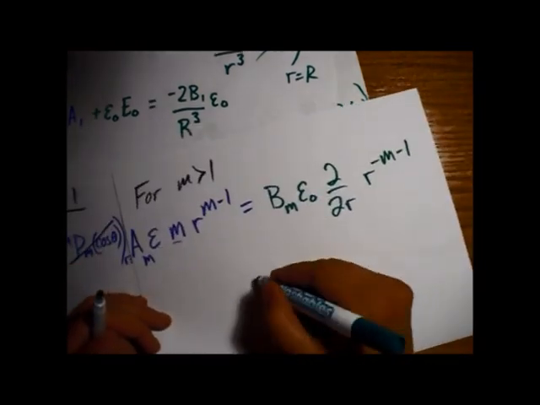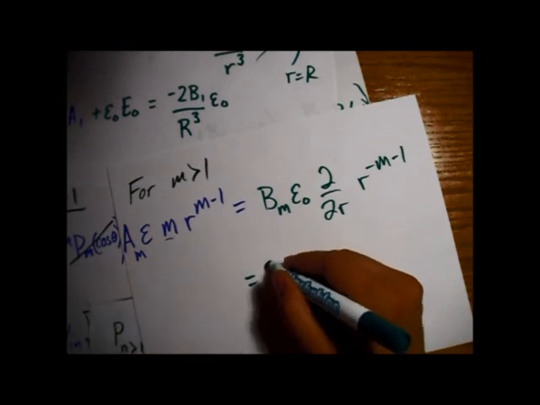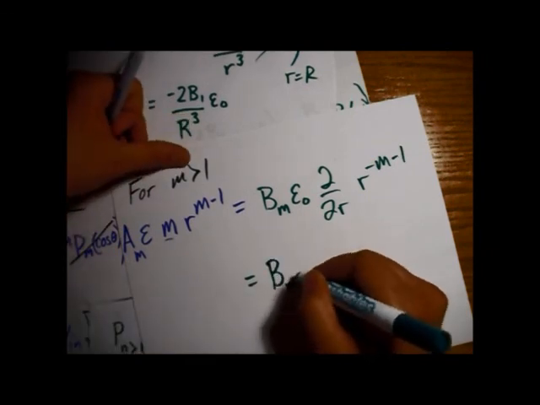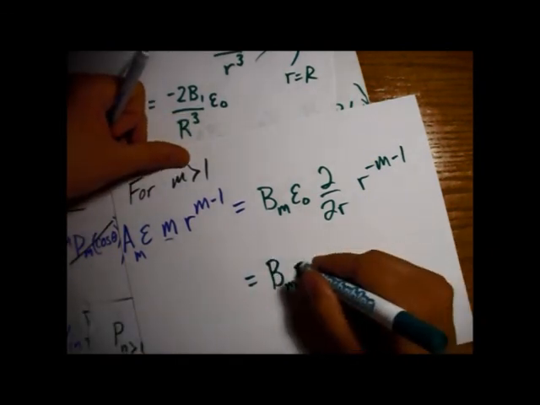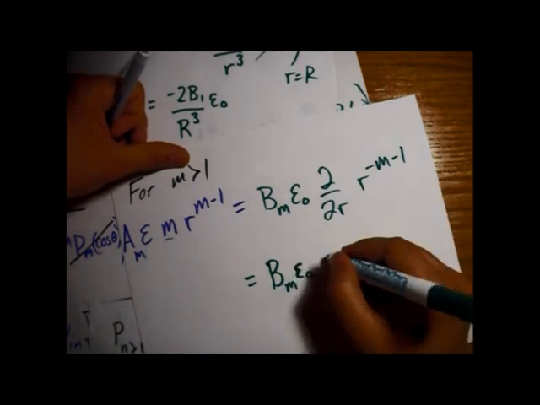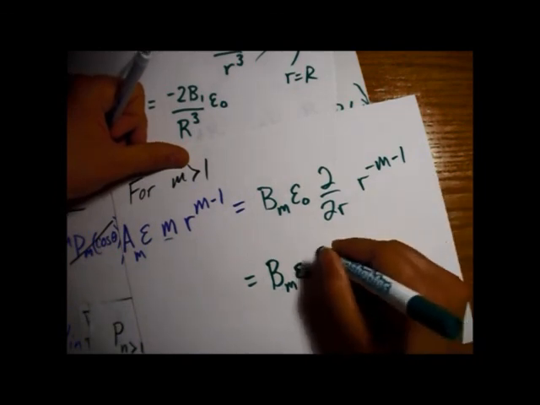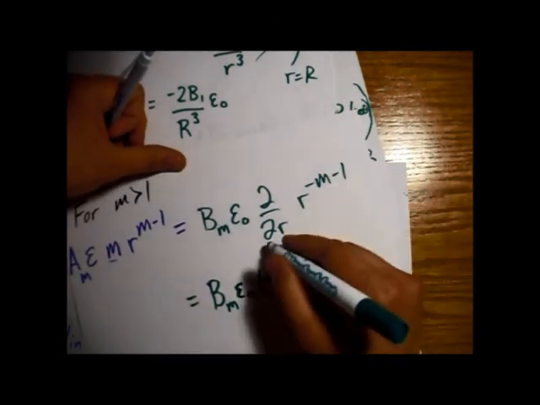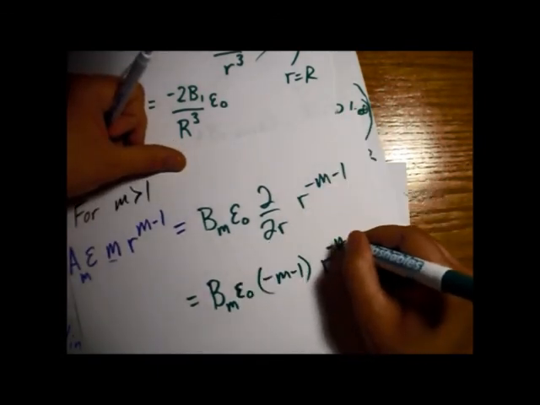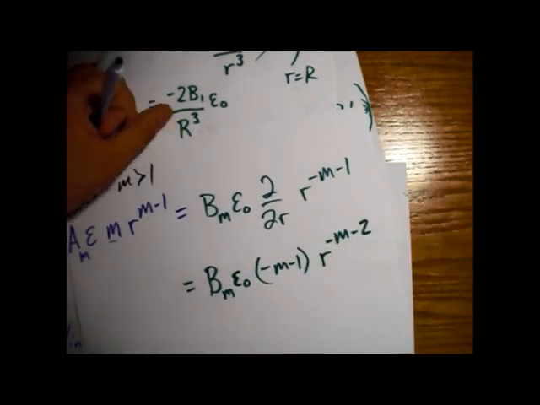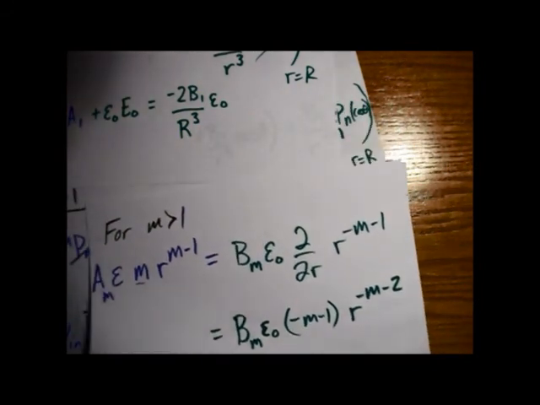Okay, so I just think this makes it more clear when we talk about the derivative. Here's our epsilon naught, and now we have our minus m minus 1 term coming down, and an r to the minus m minus 2. Okay, so here's our